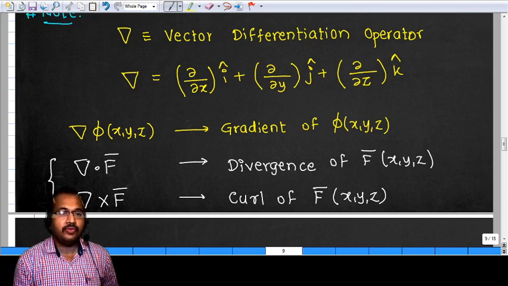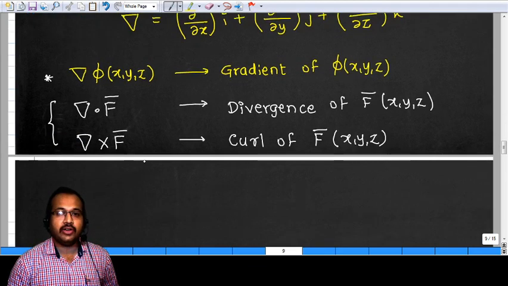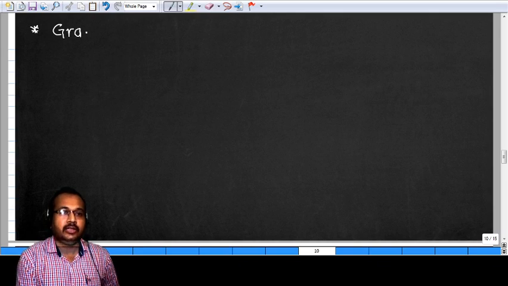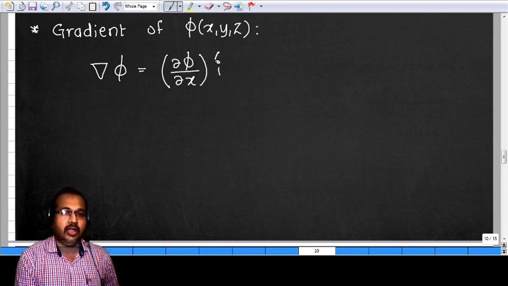In the next module, we discuss the divergence as well as the curl. But now let's discuss in detail the gradient of scalar function phi. As we know, the gradient of scalar function phi with respect to variables x, y, z is denoted by del phi, and it is partial derivative of phi with respect to x along the x-axis, partial derivative of phi